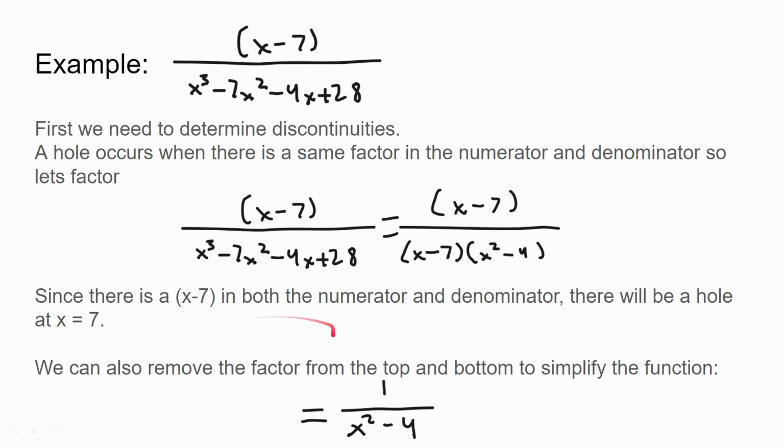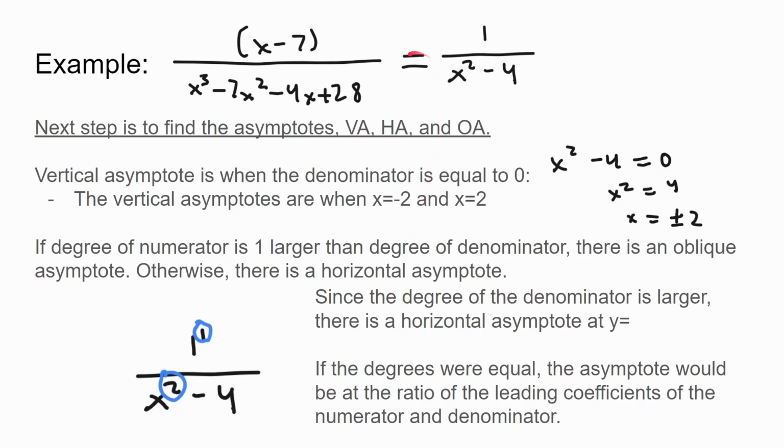Afterwards, we can also remove the factor, so the x minus 7, from both the top and bottom. And this simplifies the function a lot. So if we remove it from the top and the bottom, we get 1 over x squared minus 4, which helps us a lot in graphing and helps us in the future because it simplifies the function. So now, x minus 7 over x cubed minus 7x squared minus 4x plus 28 is equal to 1 over x squared minus 4. After finding the holes,